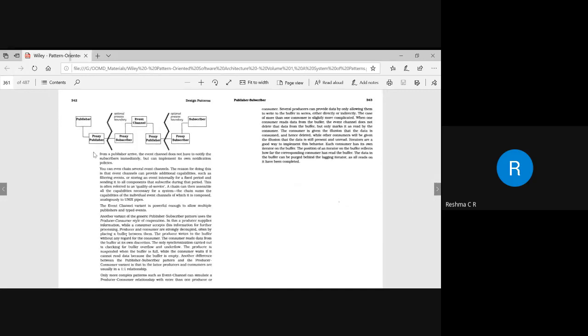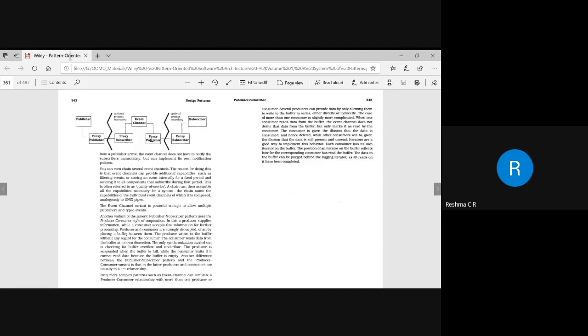Okay, so here is the object modeling diagram. We have a publisher. Through the publisher, it will create a proxy publisher and a proxy subscriber, and we have an event channel. If any events happen, it has to send the notification to the other subscribers.